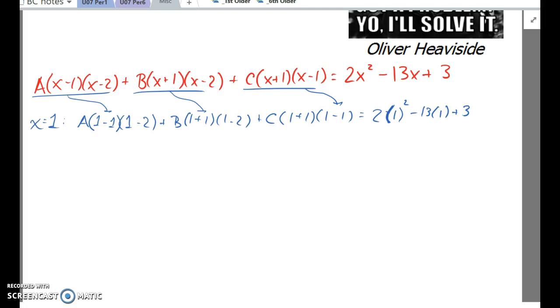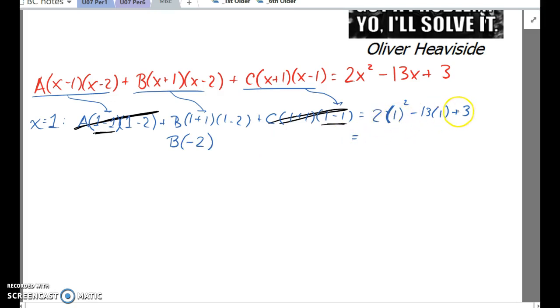So here, the reason that that was great is that now the term that had an a in it is gone, because there was a 0 in there. The term that has a b is still there, but the c, there was a 0 in there as well, so that's gone too. So what we really have is just b times 2 times negative 1, so b times negative 2,